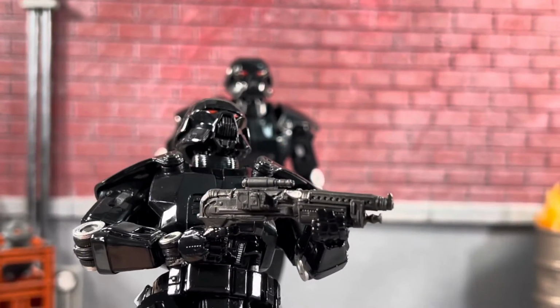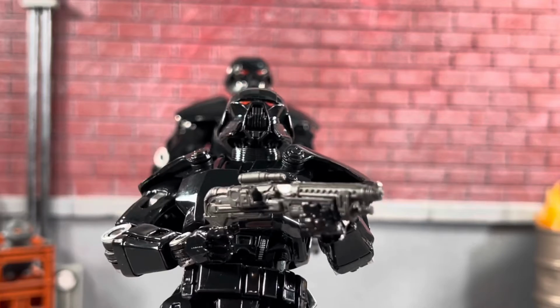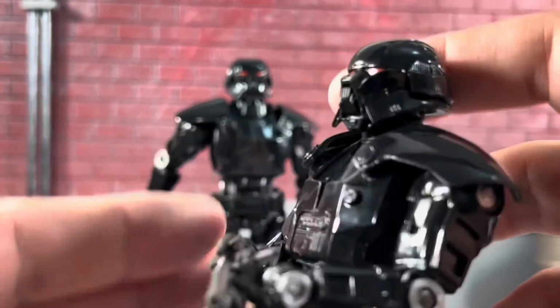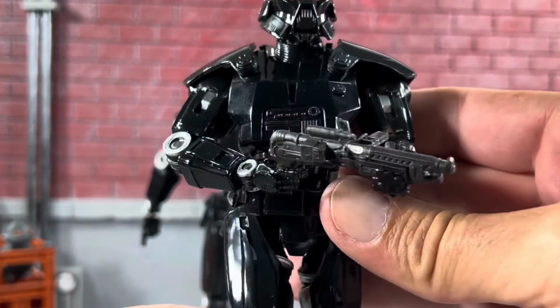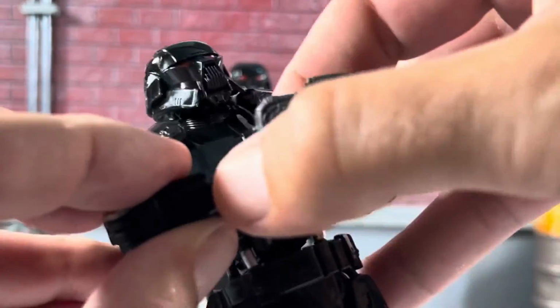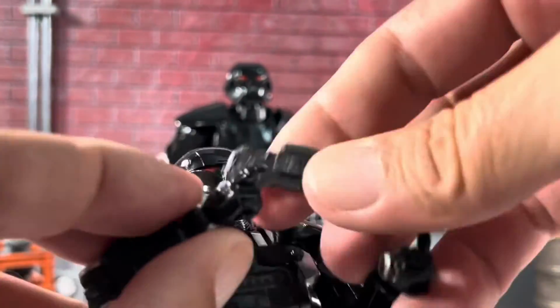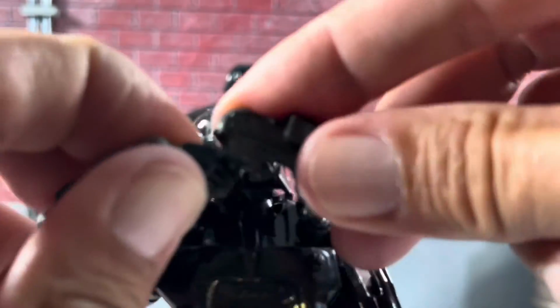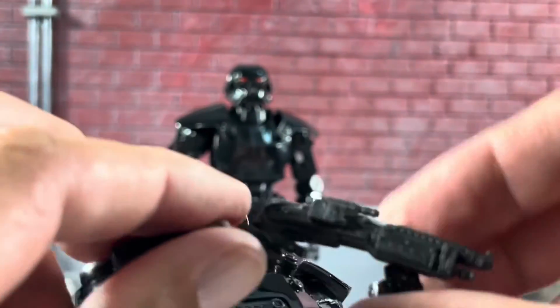You can see the gun does have a little bit of silver paint there in the middle, but it is all unique on this side. You can see he holds it perfectly with both hands. You don't get a lower hinge on this hand unless I can like twist it and manipulate it, which I'm sure you could. Yeah, and then you can hinge down,